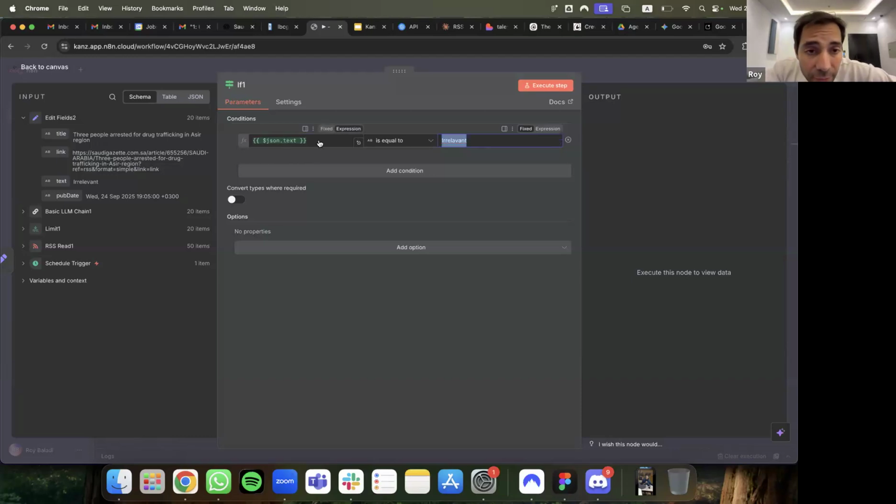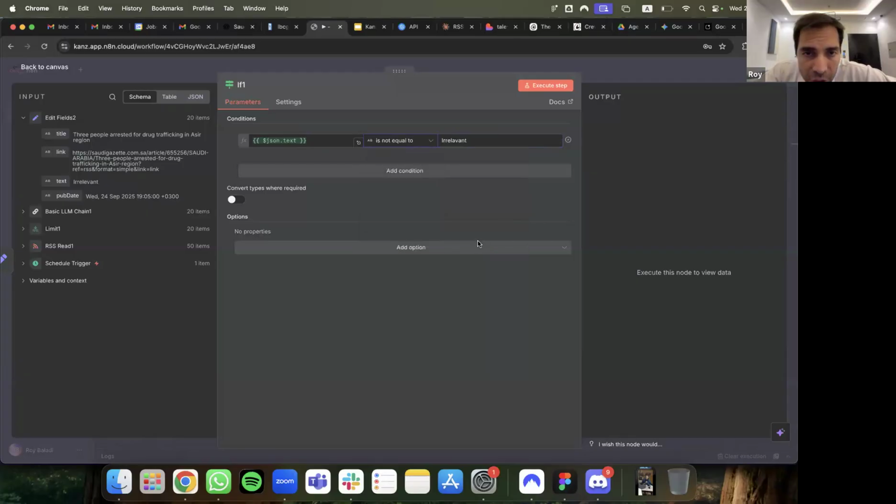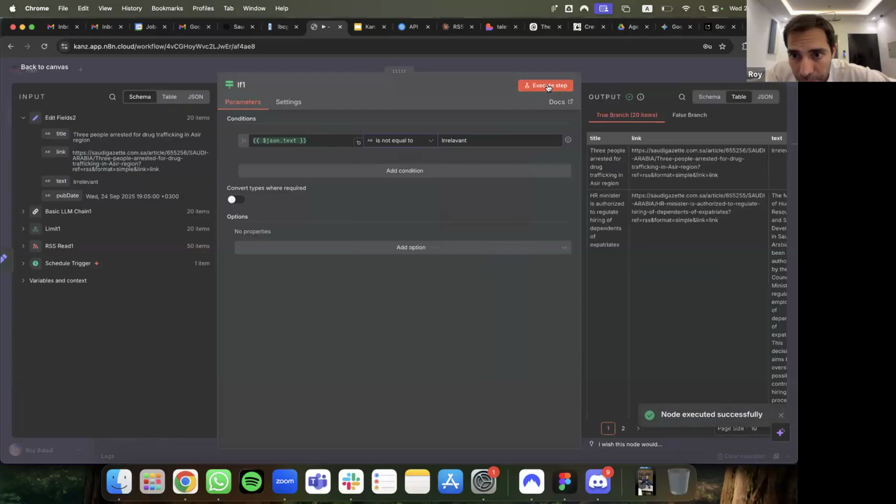So if this is equal to irrelevant, no. If it's not equal to irrelevant. Generally speaking in coding, you don't want a double negative, but in this case, put it as this text is not equal to irrelevant, and execute step.